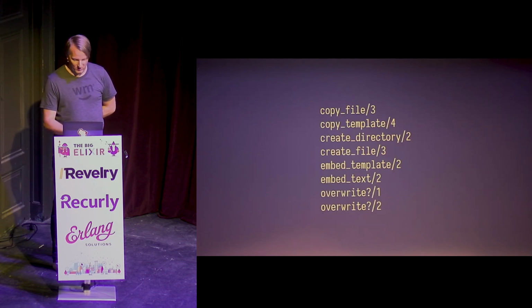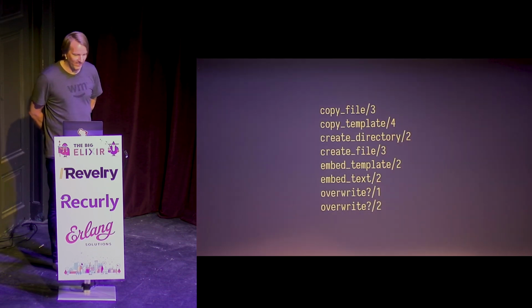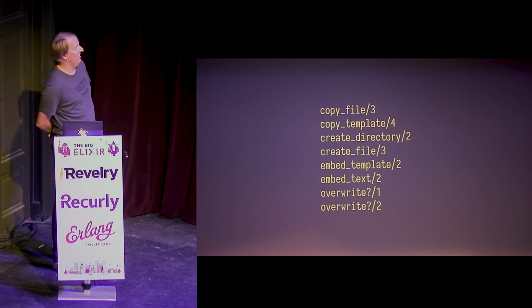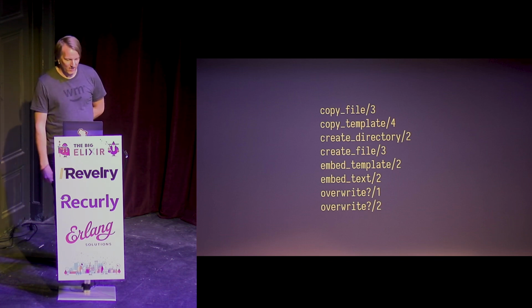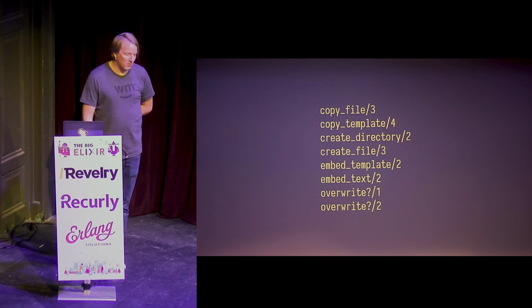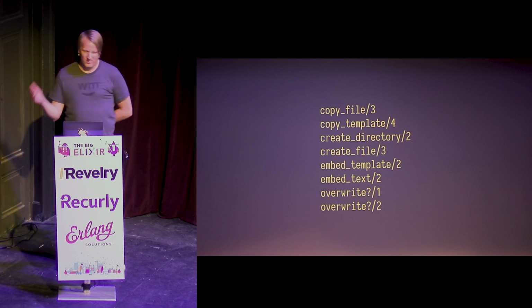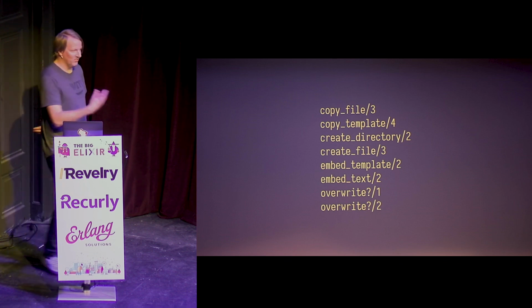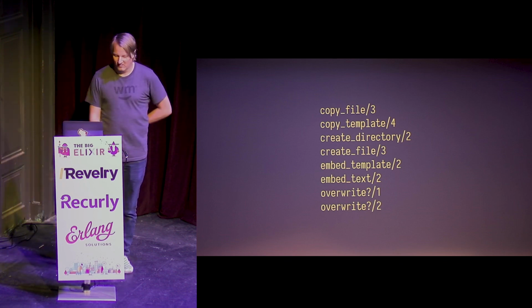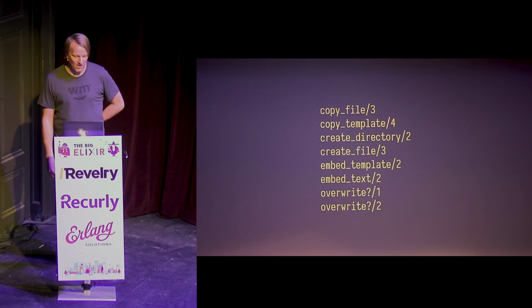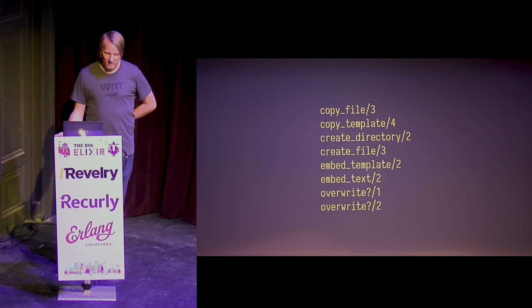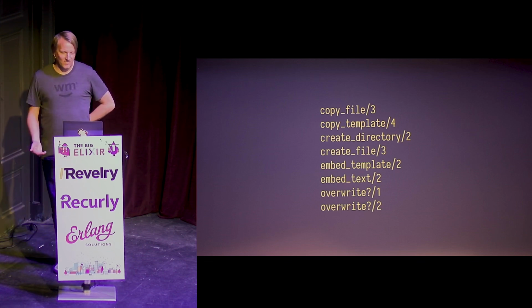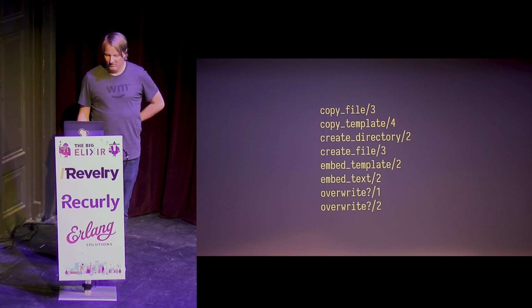And so it turns out this module is perfect for doing stuff like that. It's got these 8 functions in it. And you can see copy file or create file, embed template, et cetera. So in most systems that I've used in the past, this is usually make files. It's like I want to do this routine process, and so I'll generate a make file that creates this template structure for you. But it turns out, just like most things in Elixir, it writes itself. It's written in Elixir to make new Elixir projects.